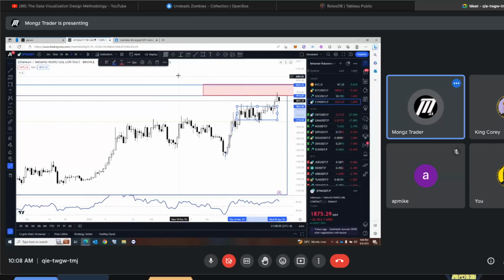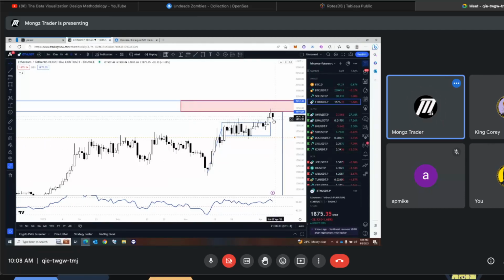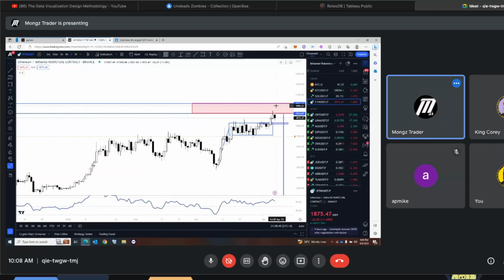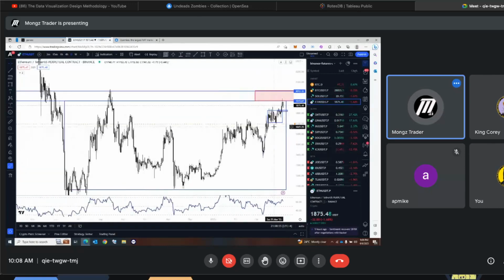Now what it's trying to do, as I mentioned earlier, this is what we call a breakout confirmation validation pattern. We call this a BCV because it's trying to confirm that the breakout is valid. So it's creating these two candles. So these two candles should hold. If not, at least up to here. So if we want to see a nice breakout of this next resistance, all signs of ETH now are bullish,